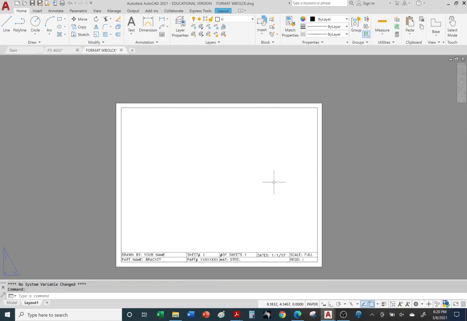Okay, so this is the one that I got from one of the other AutoCAD instructors. And this is the one where the author walks you step by step on how to create your own title block and border and save it. If you want to walk through that exercise in chapter 4, you're welcome to. All right, so that's one title block that we can use. If you wanted to use this one,